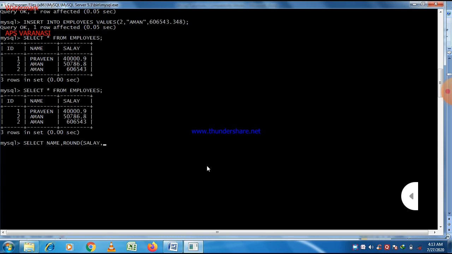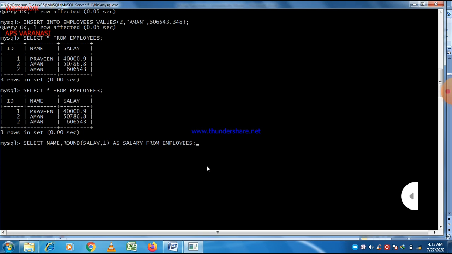Here you can see that the name of the column is salary, so we can write it as SALARY. Then give the table name after from, and the table name is employees, and then put a semicolon.